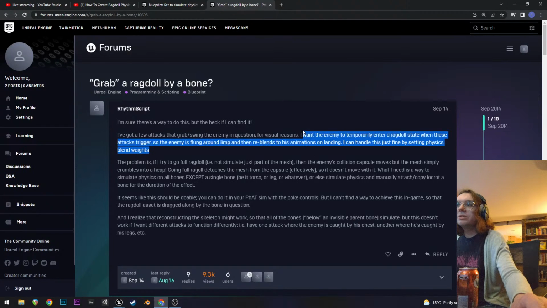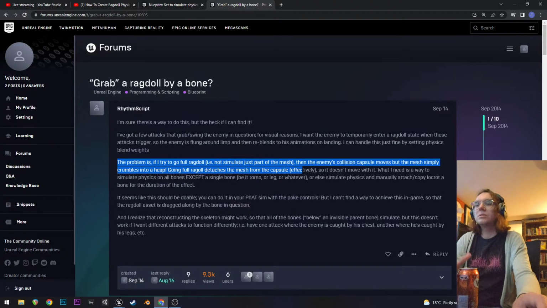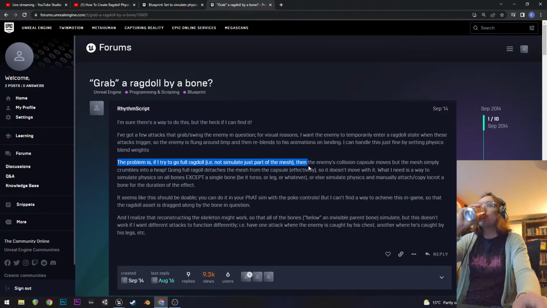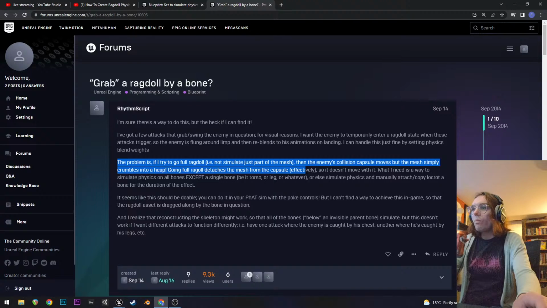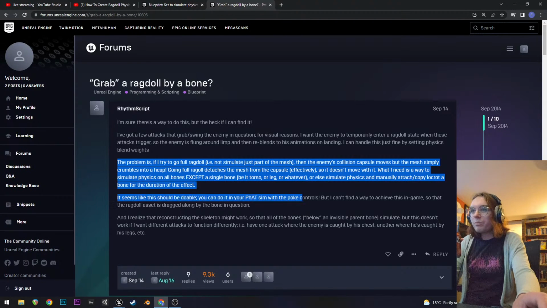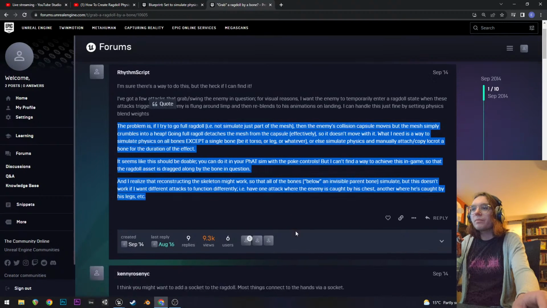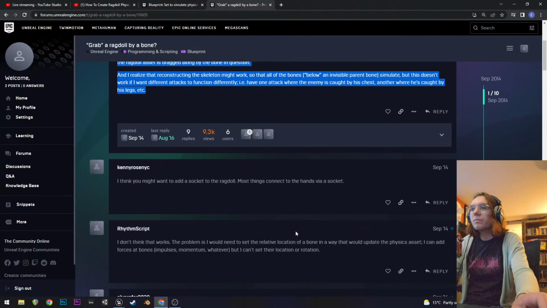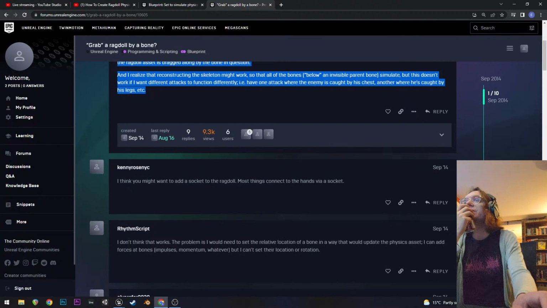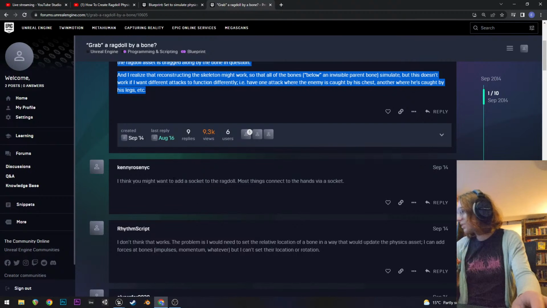Here we go. Most things connect to the hand via a socket. Okay. Let's try to add a socket.